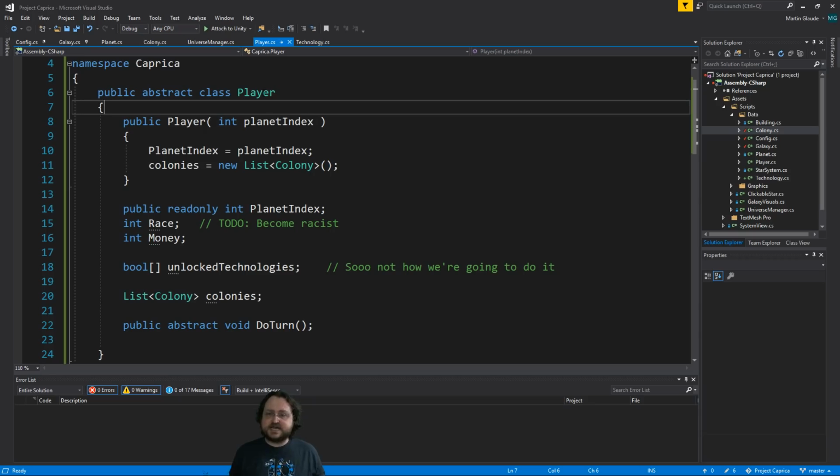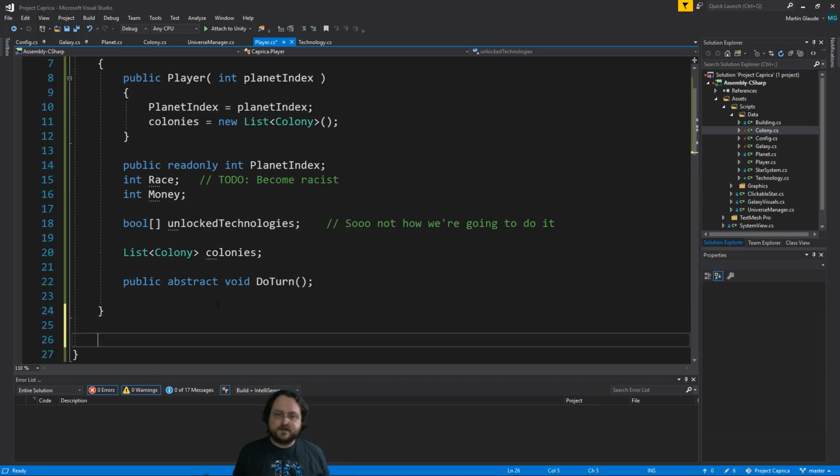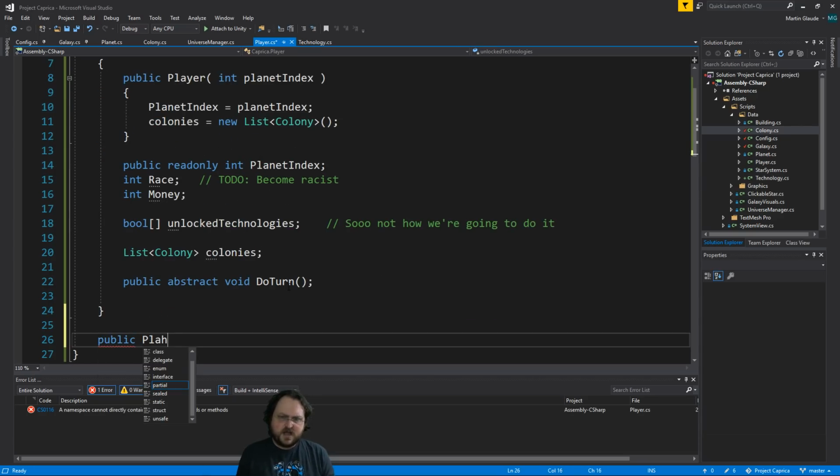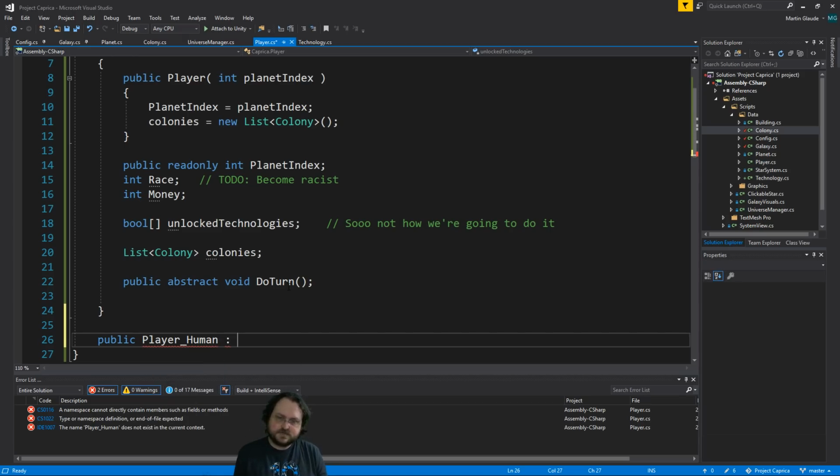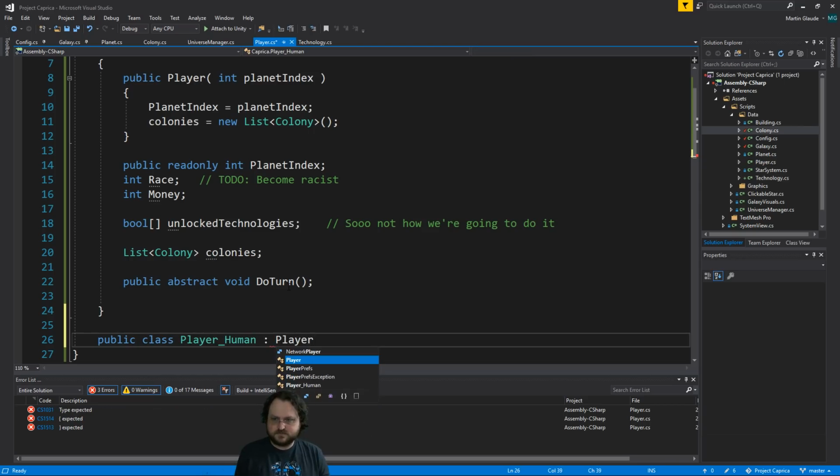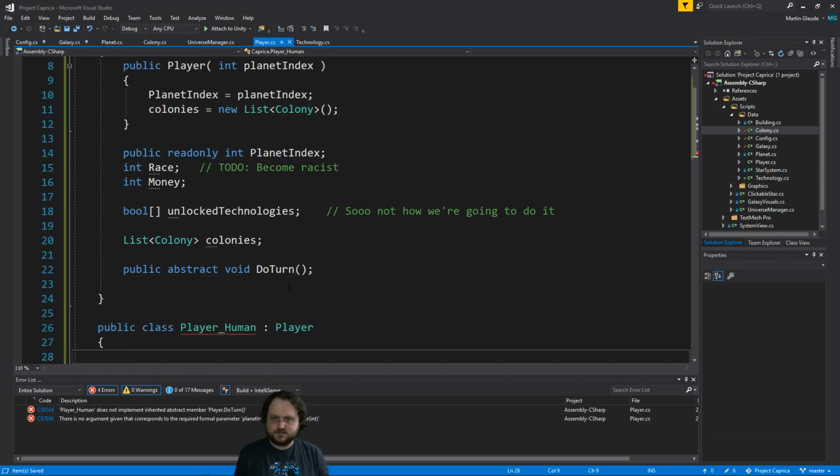Okay, so we've got this concept of players, and then there's going to be the player subclasses. I'll move them to a separate file later, but for now, I'm just doing this so that the classes exist. And here's another thing with nomenclature for derived classes. I'm going to go and do this, just because, public class,